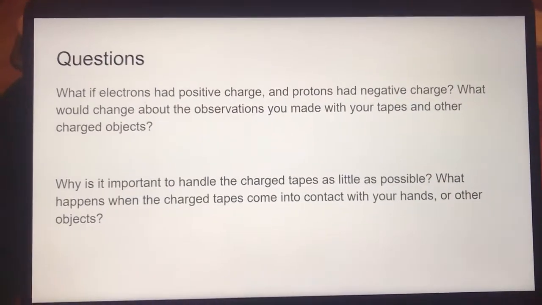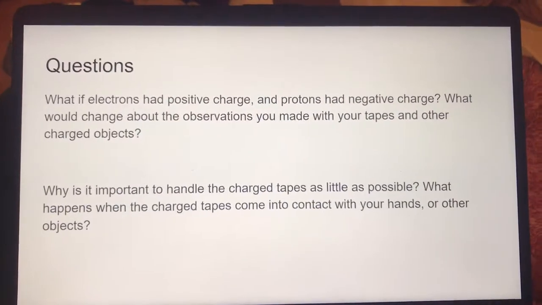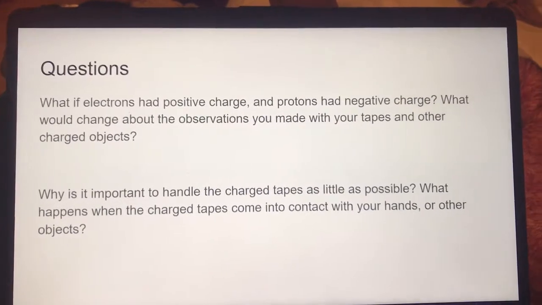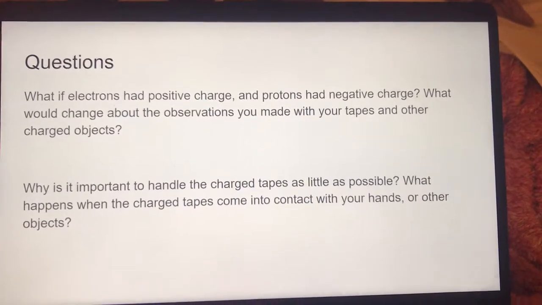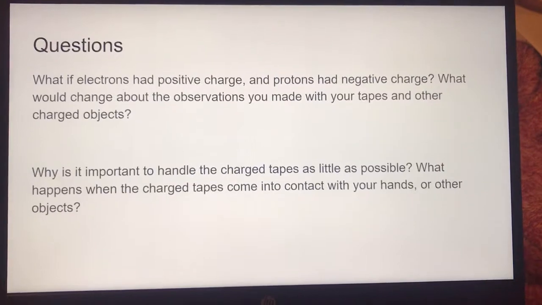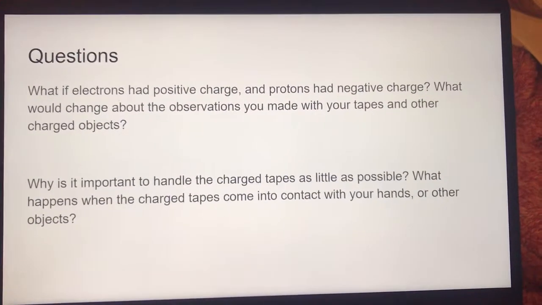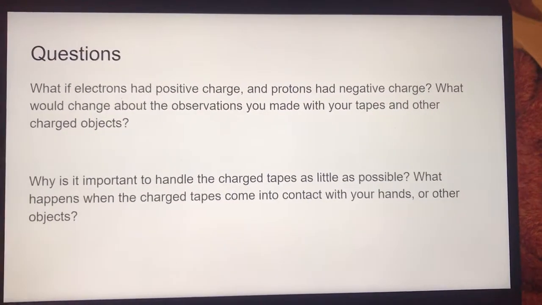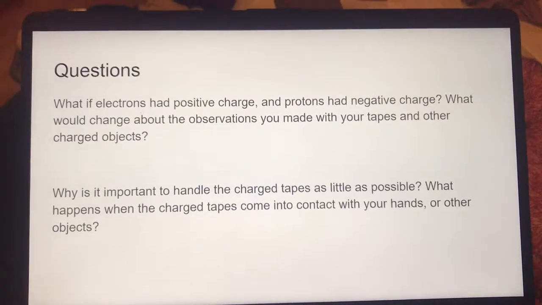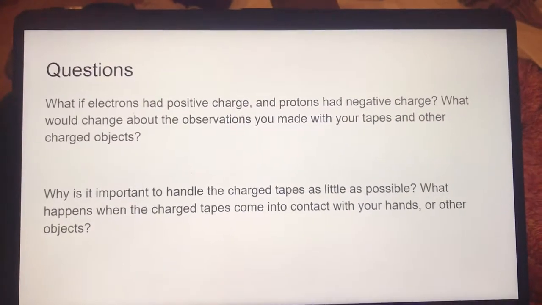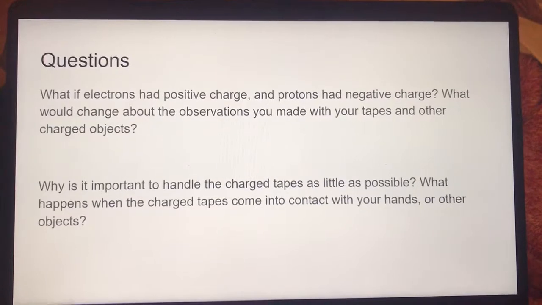Some of the questions we had to answer were, what if the charges of electrons and protons switched? Then everything would be the same in these experiments, just in the opposite direction. It's also important to handle the charged tapes as little as possible because you don't want discharge, which will affect how well your tapes attract and repel certain objects